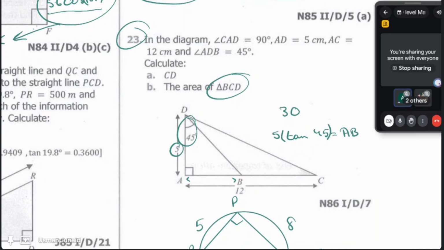Five. चलो 5. एंड उसके बाद हमारे पास वो क्या आ जाएगी? एरिया क्या हो जाएगी स्मॉल ट्रायंगल की? एरिया ऑफ एबीडी क्या हो जाएगी? 12.5. अब अगर हमें बीसीडी चाहिए,